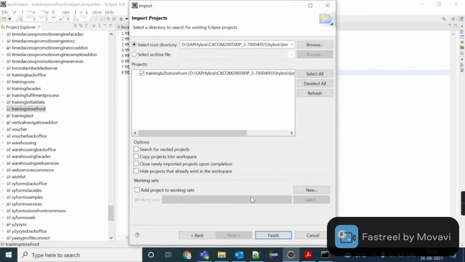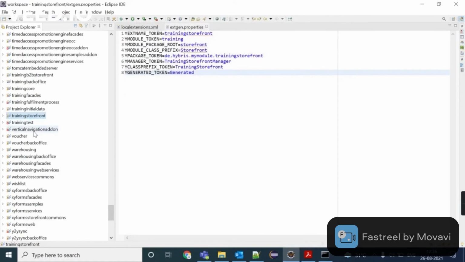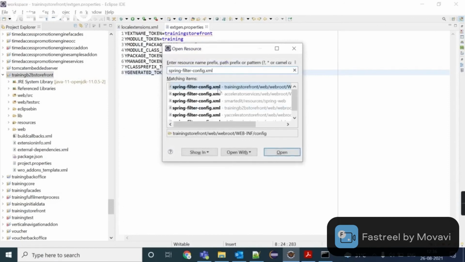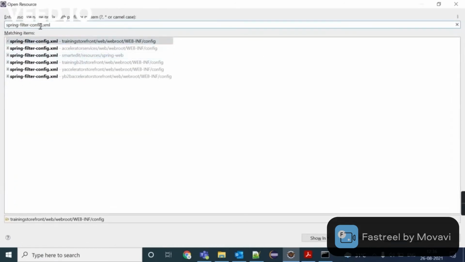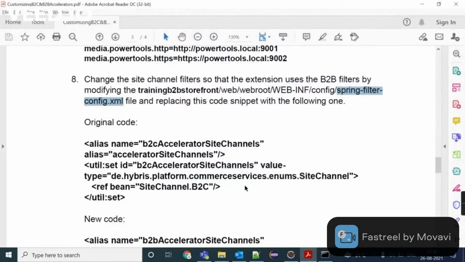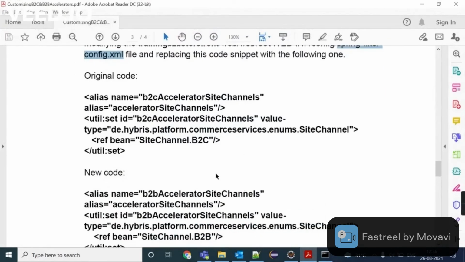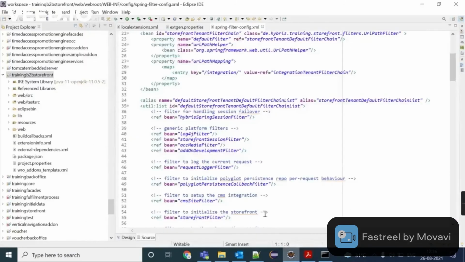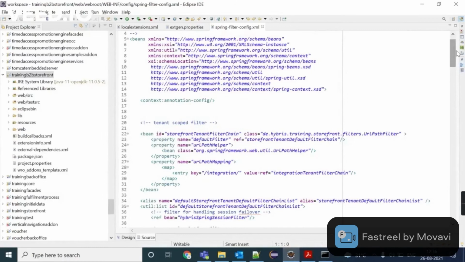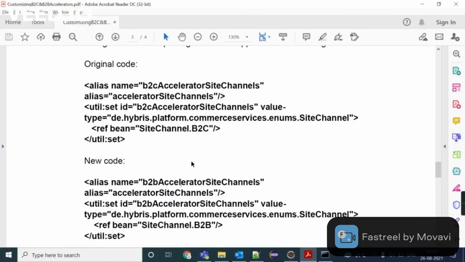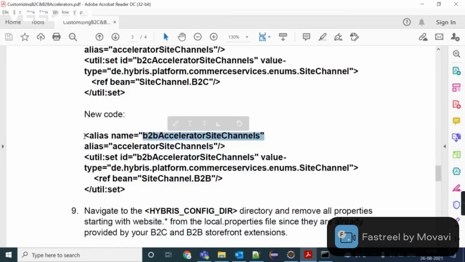Training B2B storefront, I'm going to import inside Eclipse. Spring-filter-config.xml in training B2B storefront. Here we need to add B2B accelerator side channel, because in this file we will see B2B accelerator side channel. Let me show you. Okay, here you can see it is B2C accelerator side channel. We need to replace it with B2B accelerator side channel.